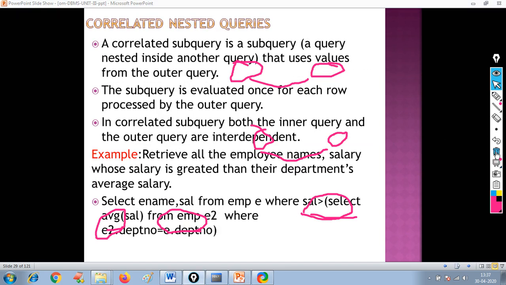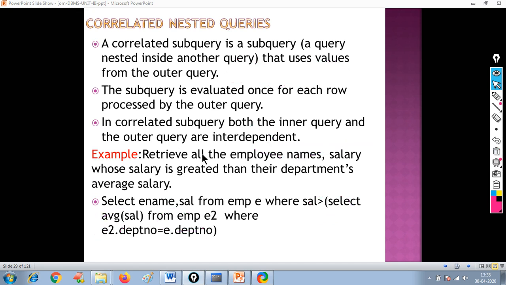Similarly, you have correlated nested queries, correlated subqueries, that use the value of the outer query.